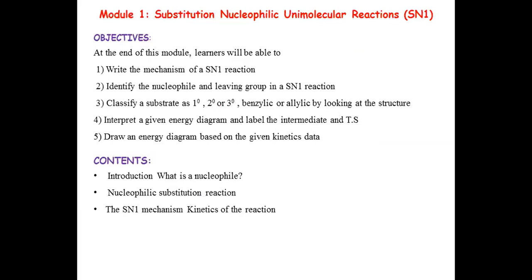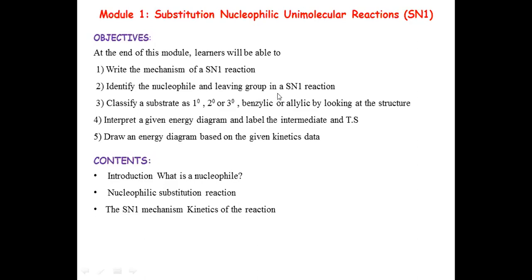What we are supposed to understand, the objective of this particular module, is what is the SN1 mechanism. You already studied in previous classes about SN1 reaction very briefly, but now we are going to talk about SN1 or any nucleophilic substitution reaction in detail. What are the various factors which affect the rate of reaction, how this reaction takes place, what is the stereochemistry of this reaction, and many other things you're going to learn from this.